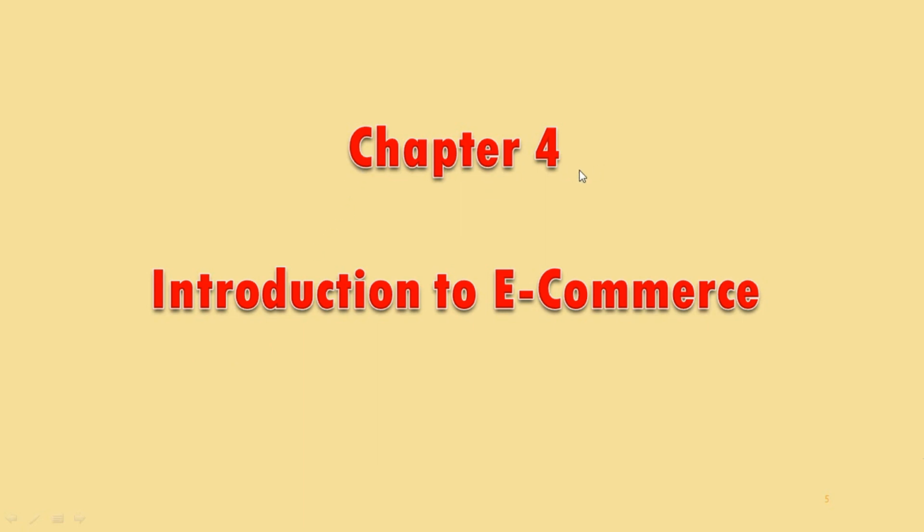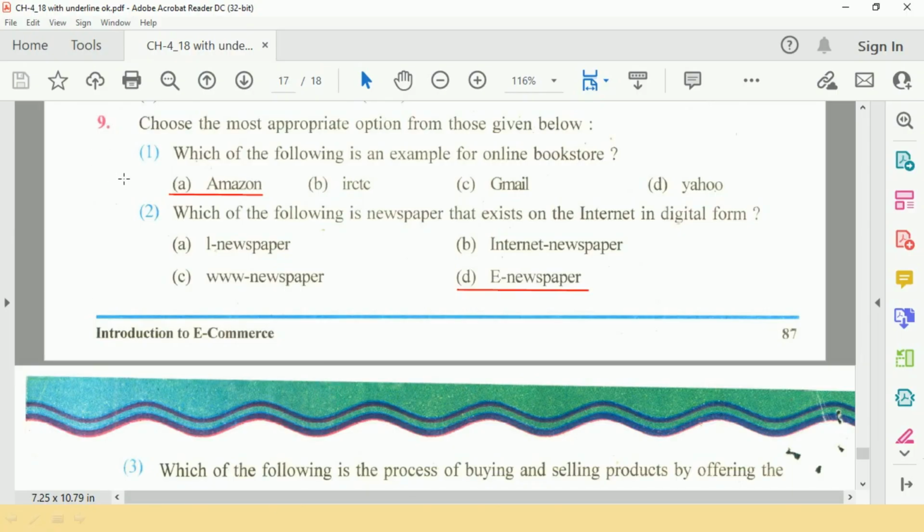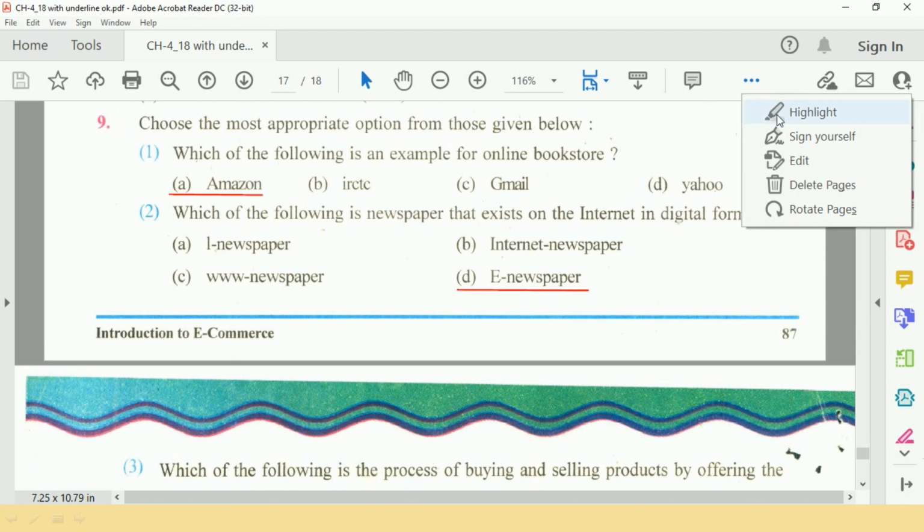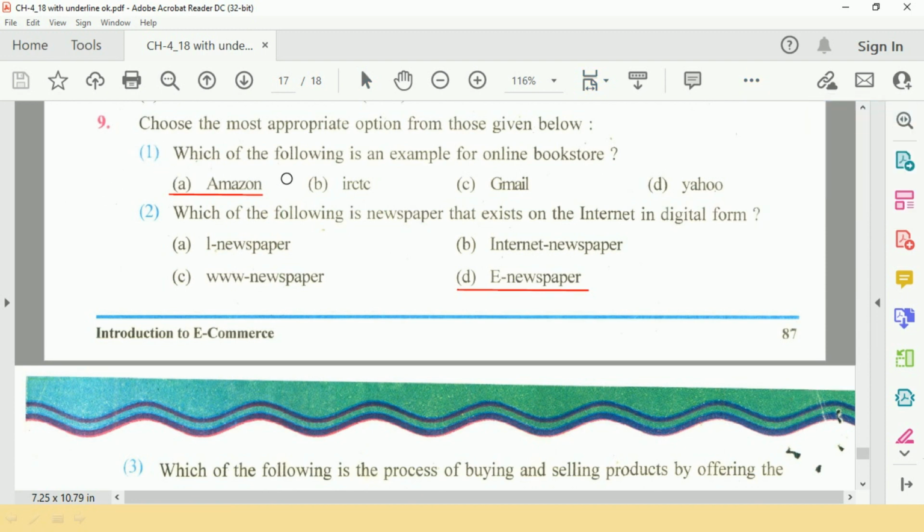Chapter number 4. It is Introduction to E-commerce. Let's start the textbook exercise. Question number 1 is, which of the following is an example of an online bookstore? Option A, Amazon.